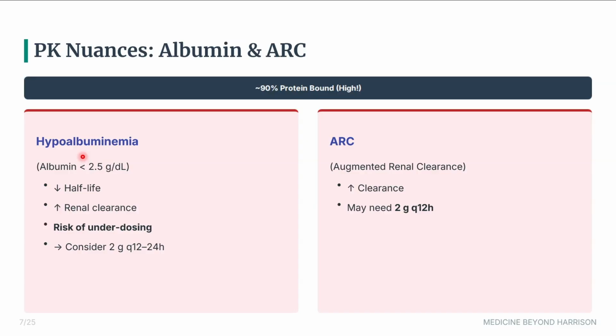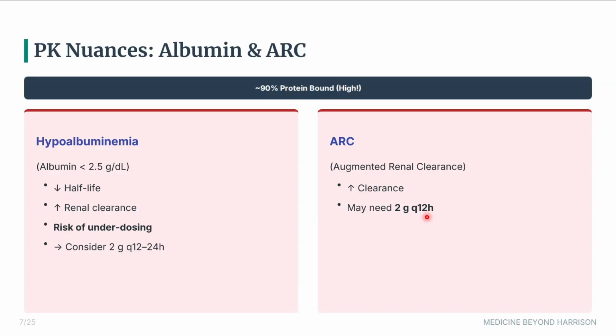So, nuances with albumin and augmented renal clearance. In hypoalbuminemia, when albumin is less than 2.5 gram, try to avoid ceftriaxone because the half-life decreases with increased renal clearance, and there is a risk of underdosing. And if you are giving it, then give 2 gram IV every 12 hours in case of albumin less than 2.5. Again, for augmented renal clearance, when there is low creatinine or increased renal clearance, you may need 2 gram IV